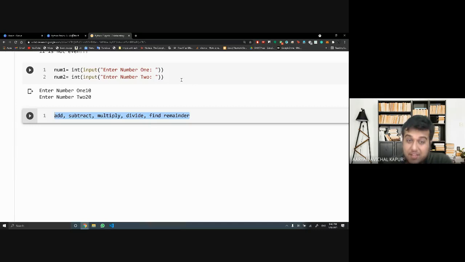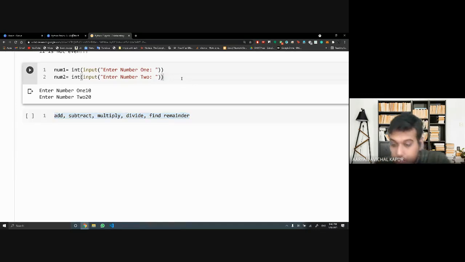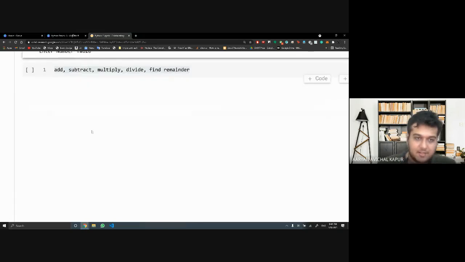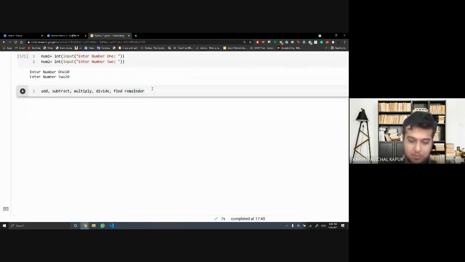And because I've taken the 2 numbers as input, I also want to understand what operation the user wants. So we will do this in 2 phases. First one would be that you will find all of these values and print in a line that sum of 1 and 2 is this, subtraction of 1 and 2 is this, multiplication is this, division is this, the remainder is this, right?